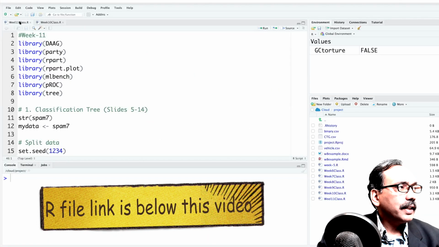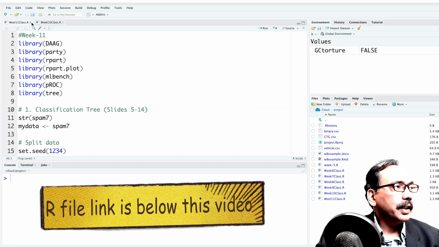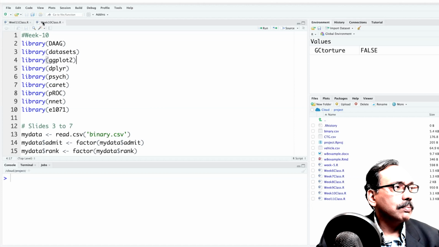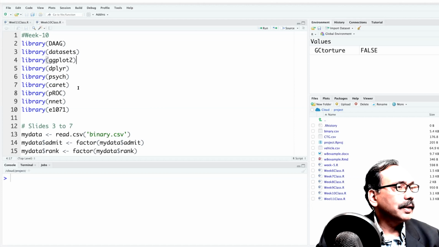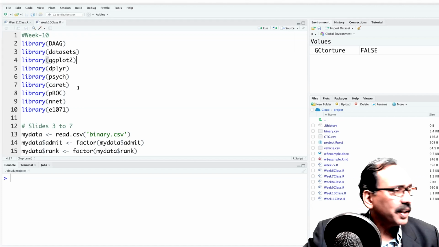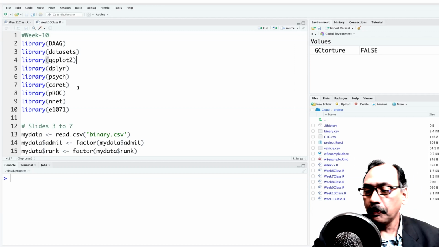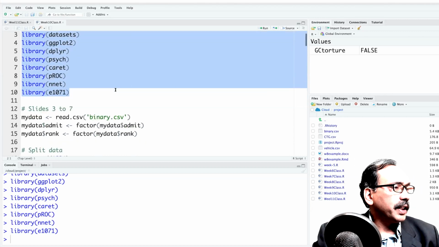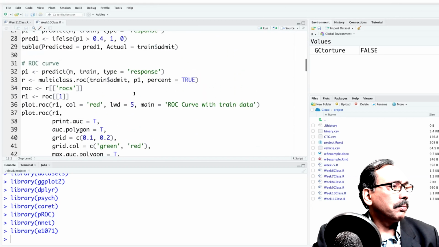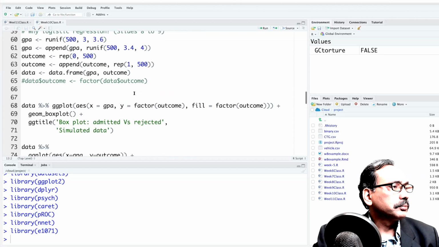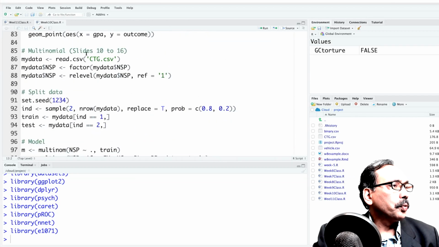Now, before I start running these codes in week number 11, I just want to show a small thing in week number 10 that we did not cover because last class became a bit lengthy, but it's a small thing but very relevant to you. All the libraries, and then I will actually go to the multinomial situation where we read this CTG data